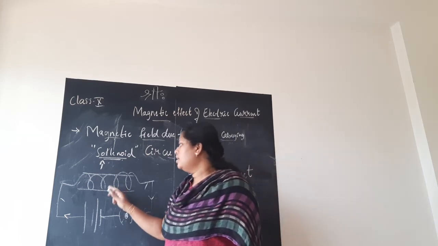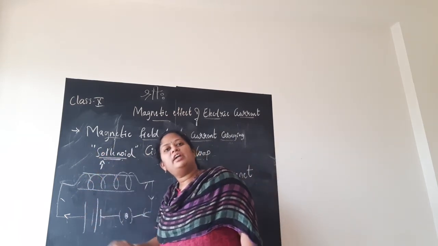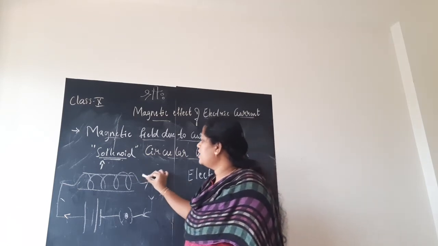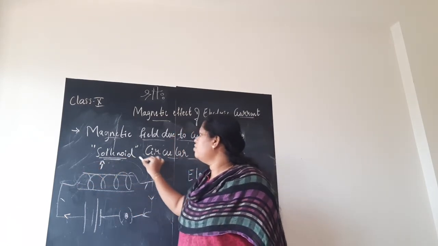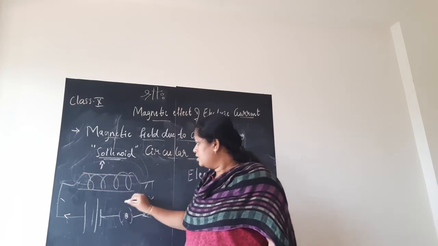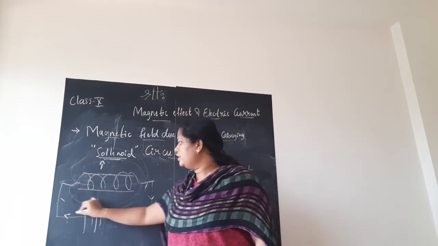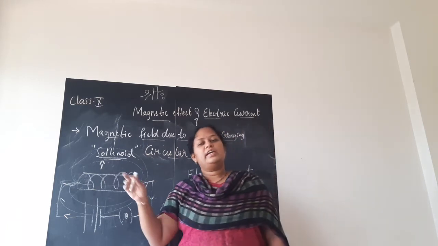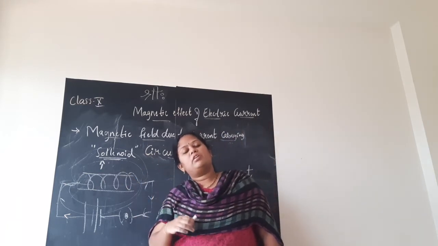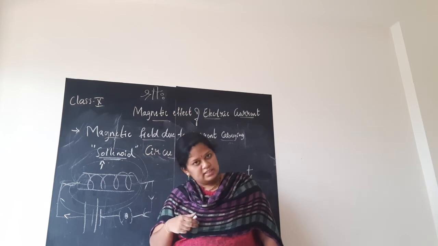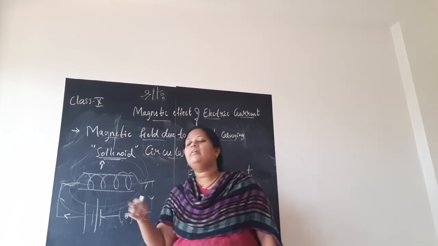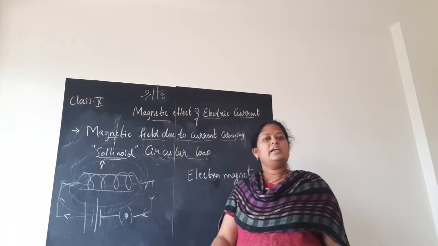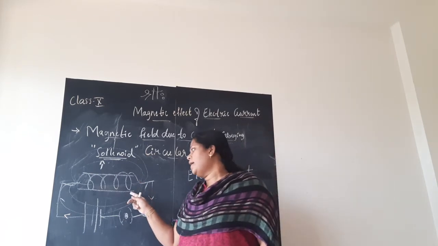And this conductor is producing the magnetic field around it. Here also the magnetic field lines arrange themselves in the form of loops in this pattern. If I draw the lines in this pattern, is it not the same as what we draw for the bar magnet, children? Yes, it is true. So the solenoid is also nothing but acting as a bar magnet.